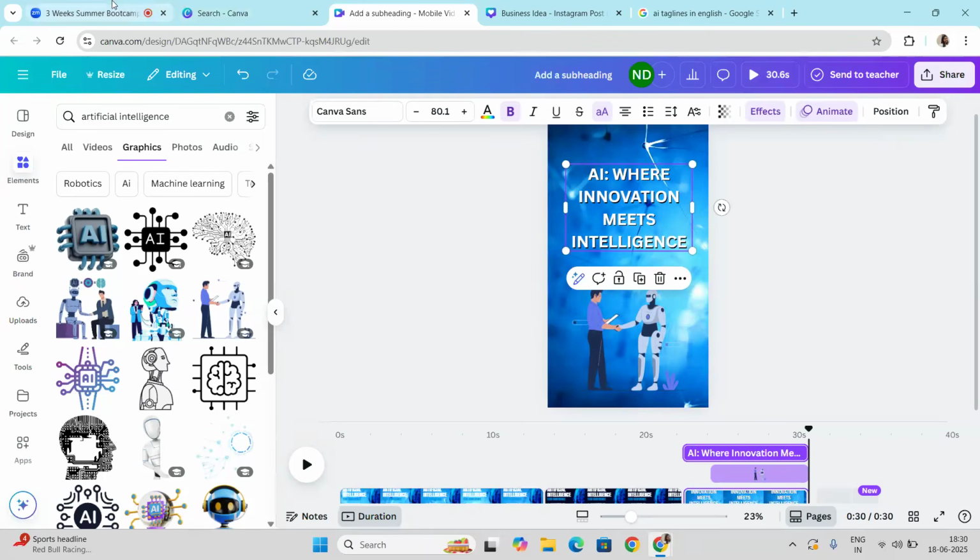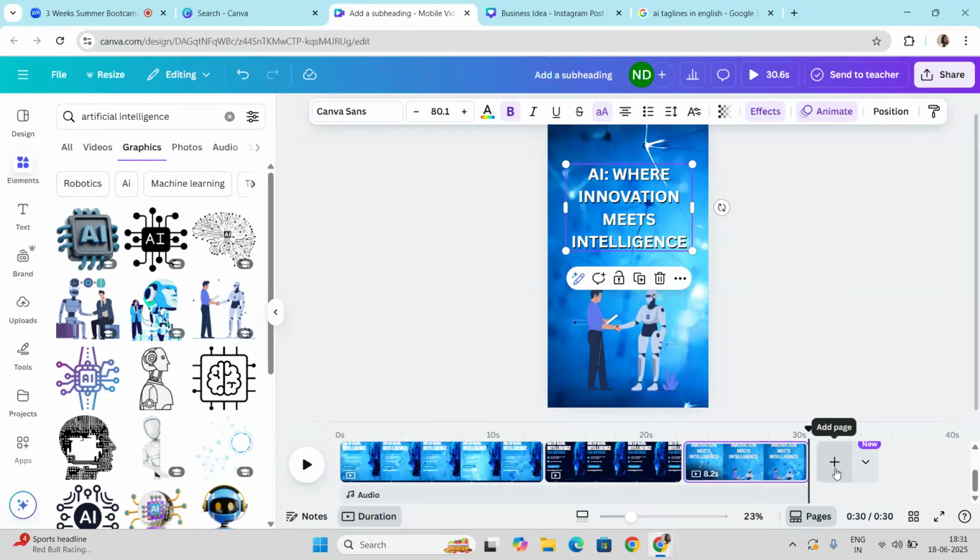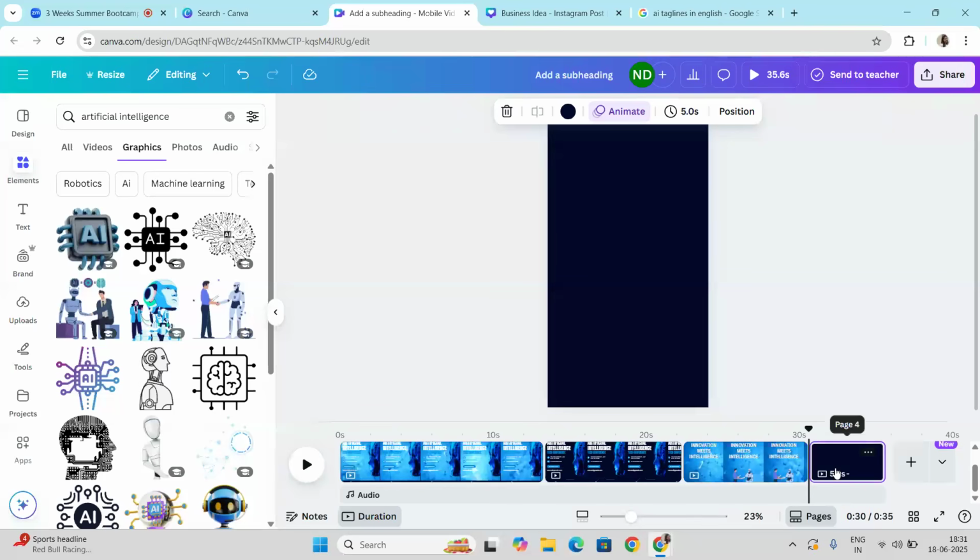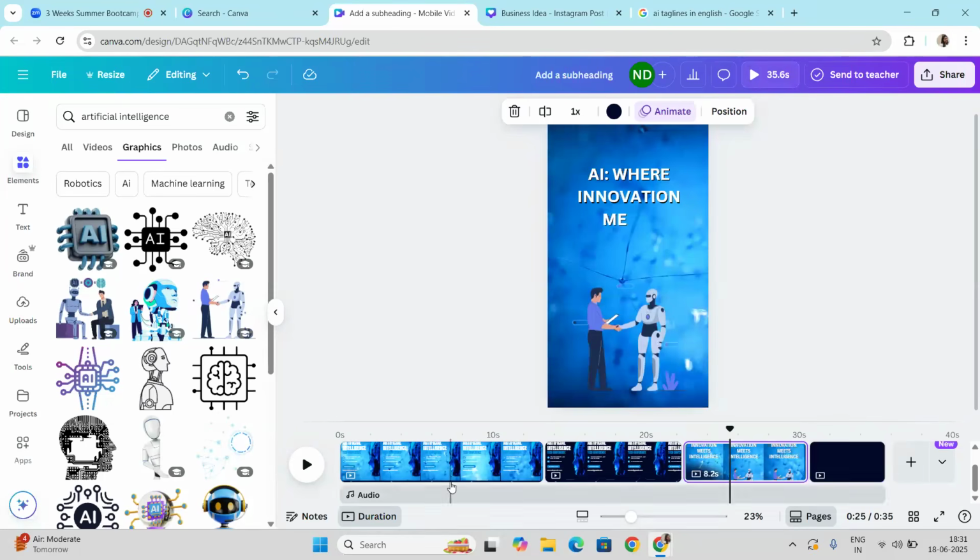Now tell me, this is the basic thing that I've told you: how you can take any video from the element section to the pages, how you can add such kinds of graphics and text, and how you can manage the timings of that. And by clicking on this add page button, you can add multiple pages accordingly. Like you can manage your content in different styles, different slides basically. So this is how we are working right now on the third slide. We have taken the first two slides from the templates from the design button, and the third slide we have created from scratch. This is the basic thing.